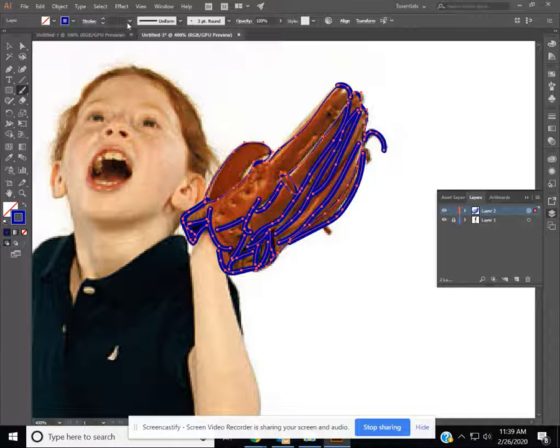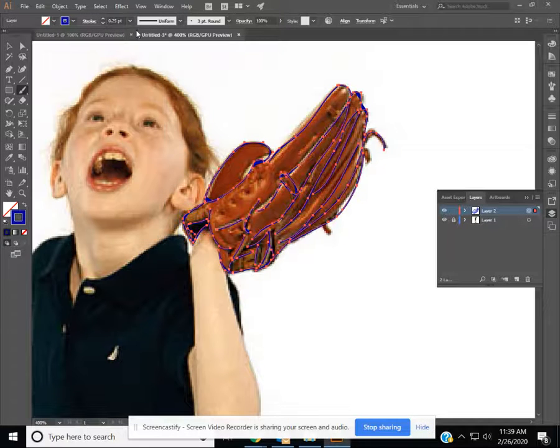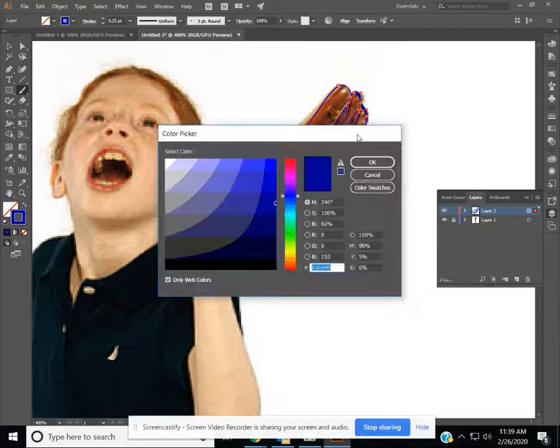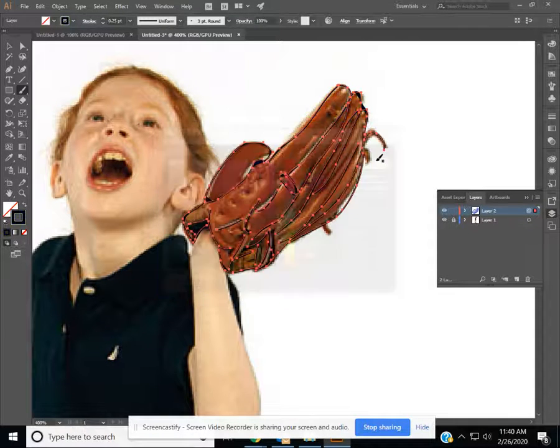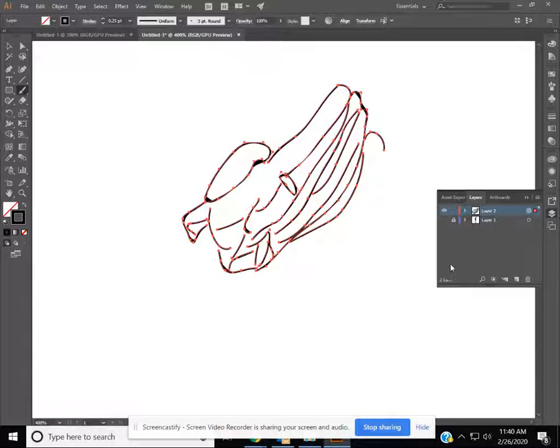and go to 0.25. And I don't have to smooth it because I've been drawing it with the brush and that step is already done. But the color is blue and I'm going to want my color to be black. So I can come into my stroke while it's still selected and change it all to black. And then turn off and look at my glove